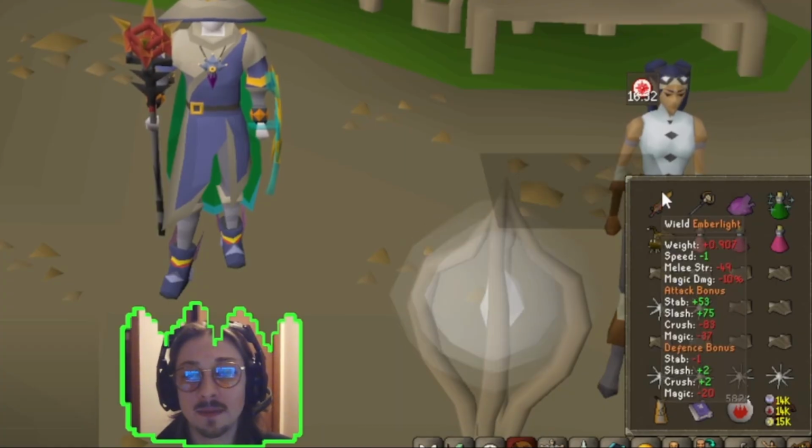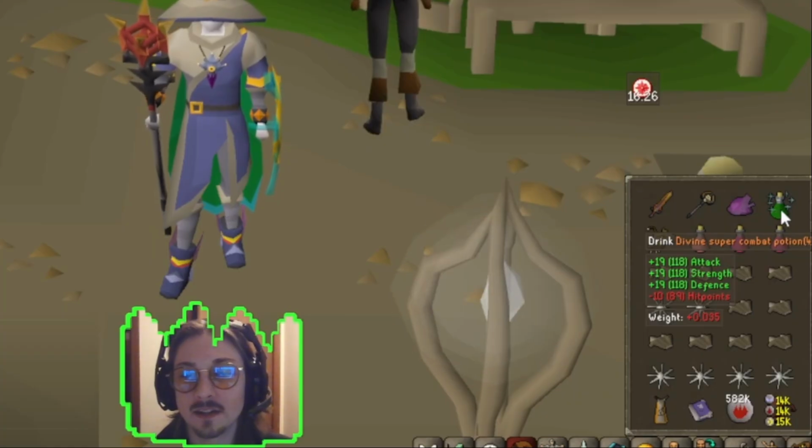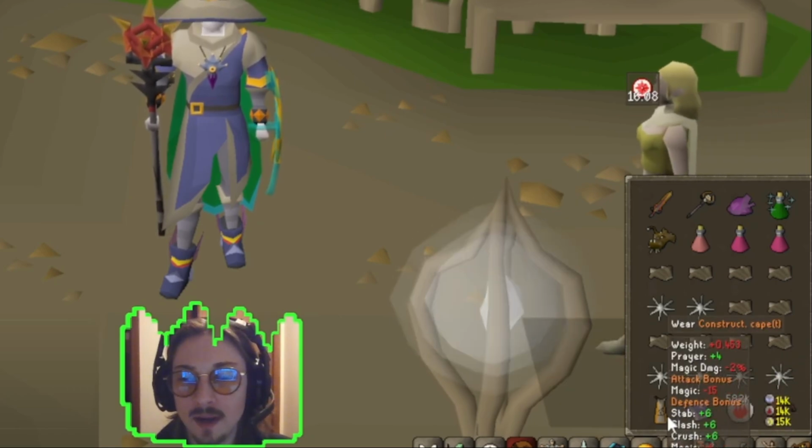As far as inventory setup, we have our Ember Light, a Cur's Scepter, our Saturated Heart, our Divine Super Combat, 2 Super Restores, 1 Sandview Serum, 1 Anglerfish, 10 Cooked Moonlight Antelope, and 6 Cooked Rambwam, 1 Teleport Out, our